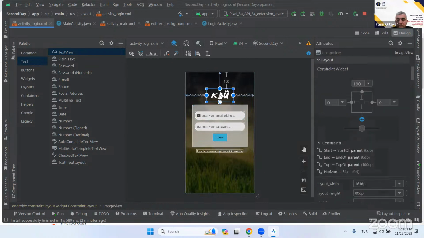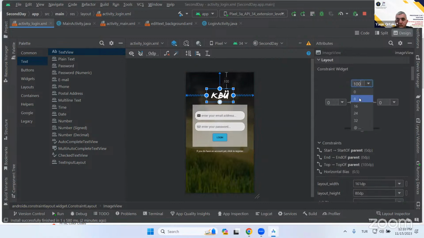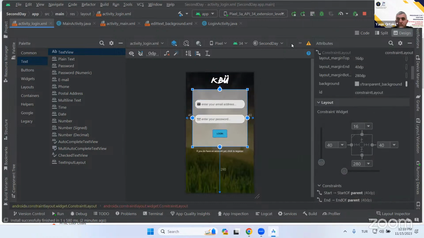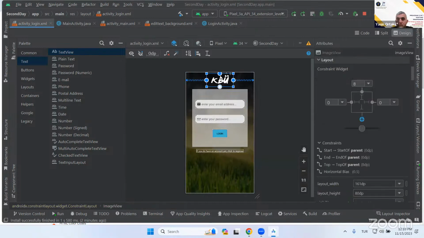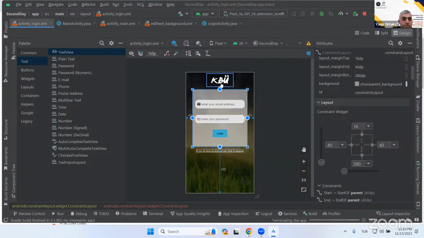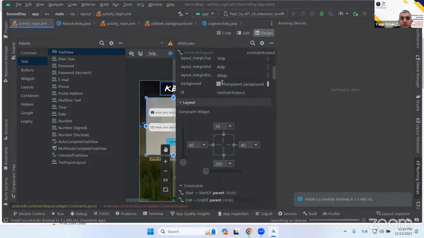16 dp and KBU is here 8. So if we horizontally, it's okay. If you try again, so the problem is in